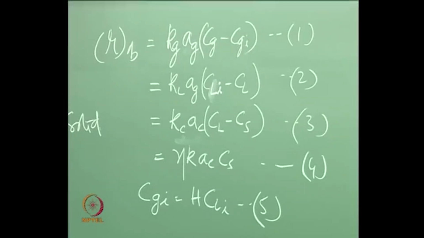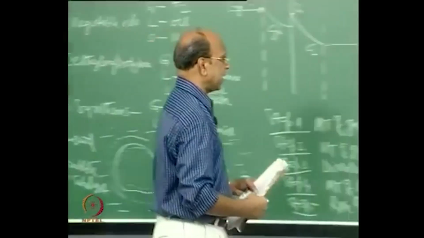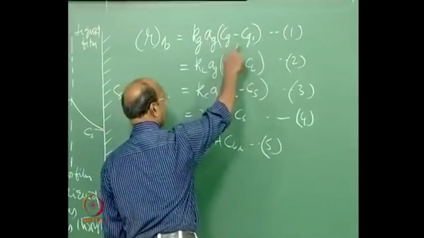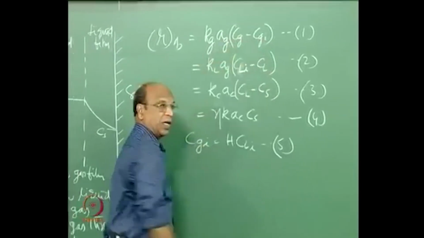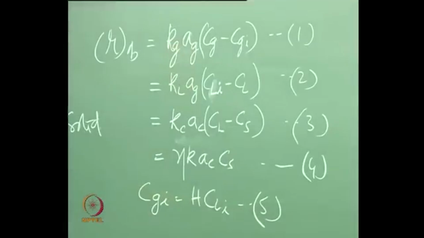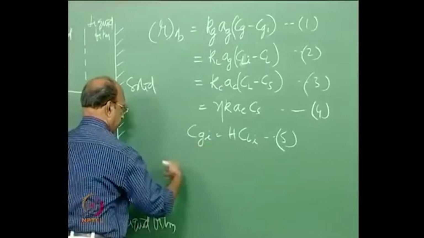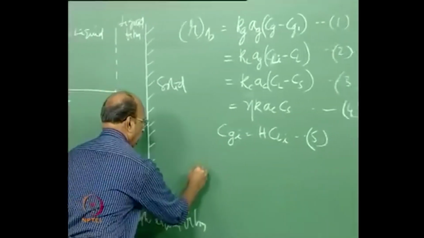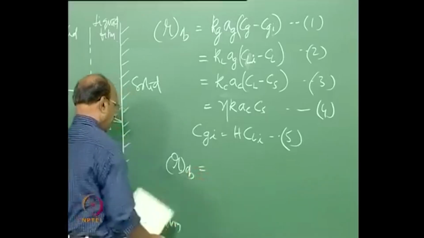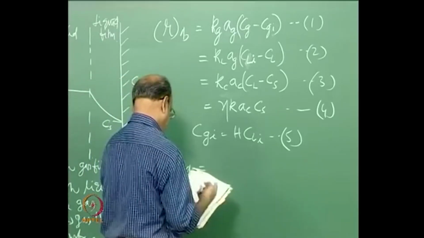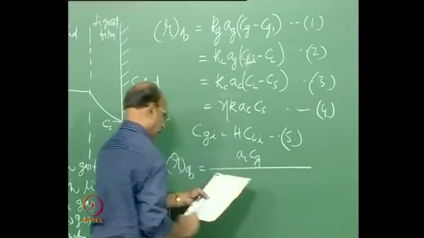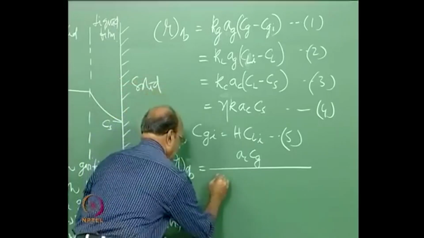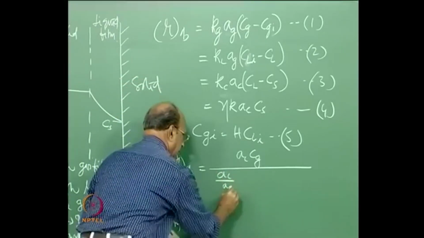Good, very good. So this you have already done. That means eliminating all the intermediate concentrations like Cs, Cl, Cli, in terms of Cg, you can write this equation, right. So when you do that, I am skipping because you have already done this. So ROB equal to AC Cg whole thing divided by